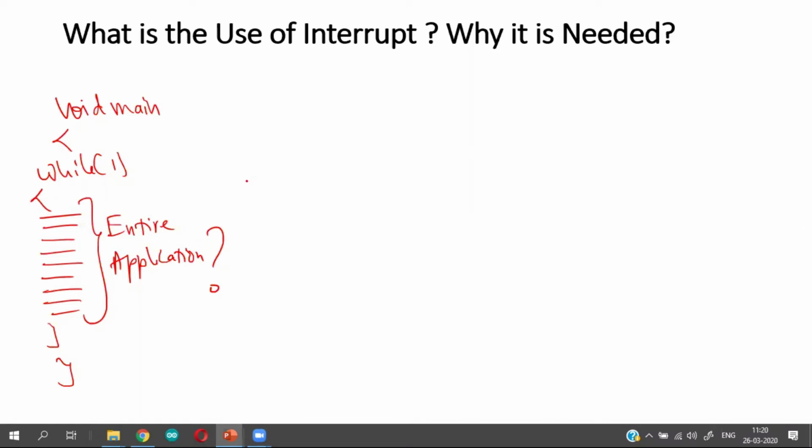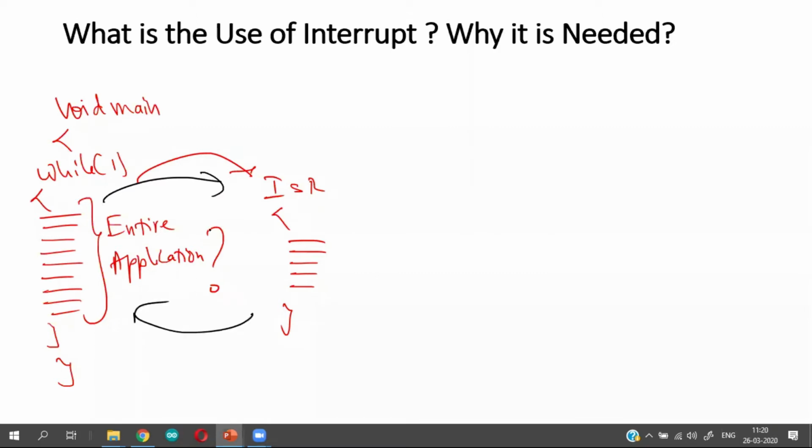Why should you put a separate code called ISR or interrupt service routine, and then make the microcontroller execute that particular code when an interrupt happens, and then flow back to the main program? Why does that particular process have to be done? That is something that you have to understand very clearly.